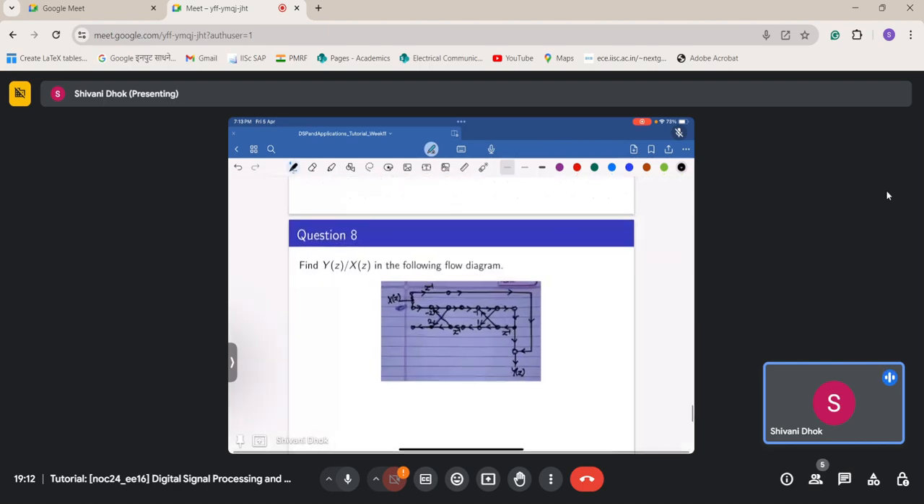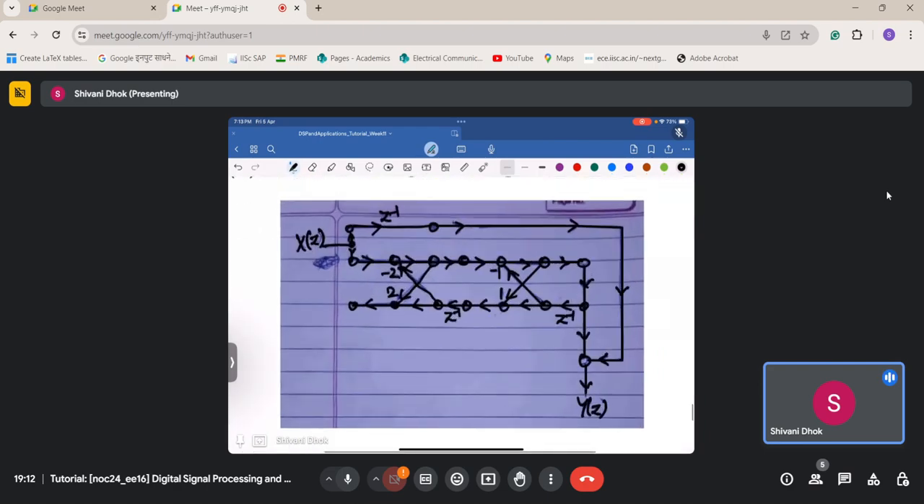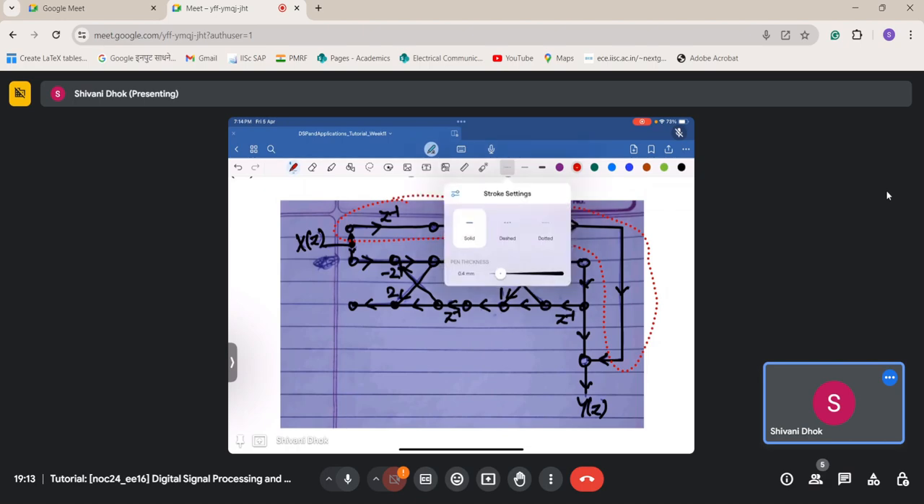Yeah. So again in this question we need to find y of z upon x of z. Now if you observe carefully, this is basically a parallel structure, or a parallel realization, of two systems. The first system is this one and the second system is this one. Let me highlight it using different colors. So this one here is h1 of z,